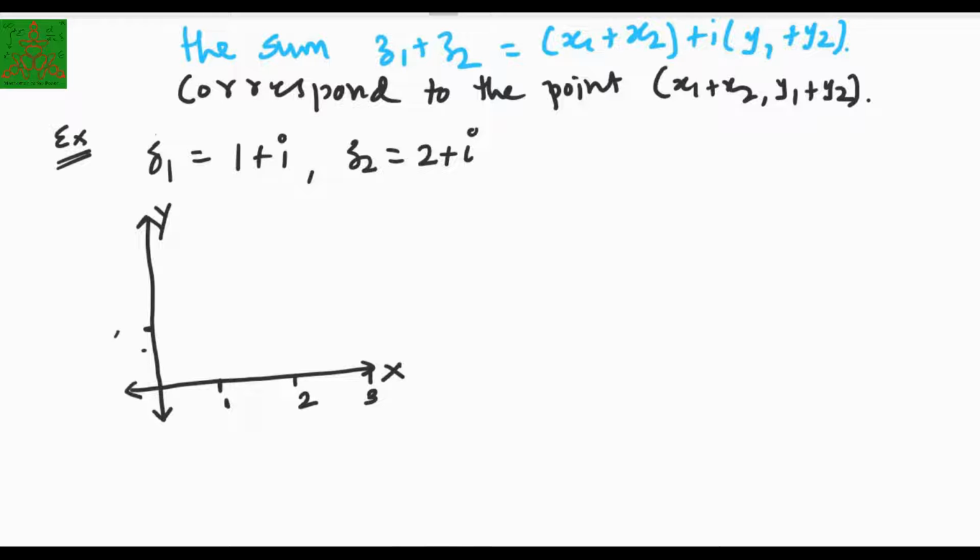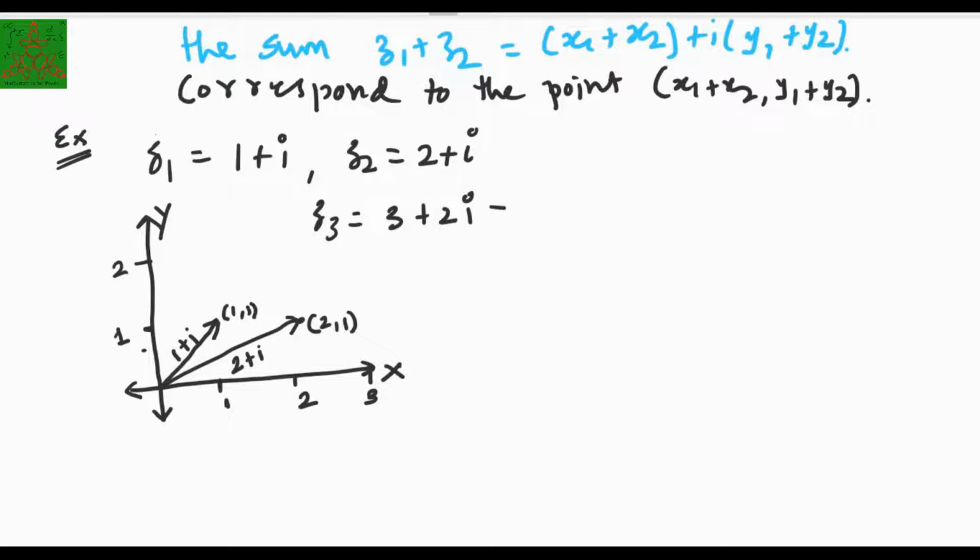If I consider this as 1, then z1 will be the point (1, 1), and that is the line segment. So this is 1 plus i, and z2 will be 2 plus i, so z2 will be here. Z3 will be 3 plus 2i as per the definition, which is nothing but z1 plus z2. So if you try to draw z1 plus z2, this is 3 and here it will be 2,